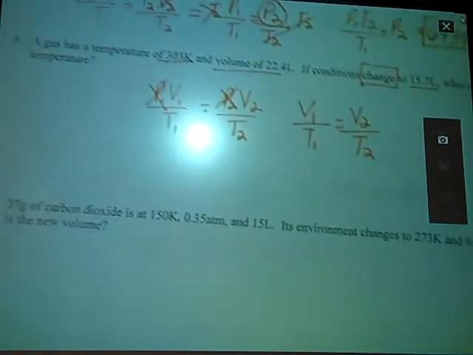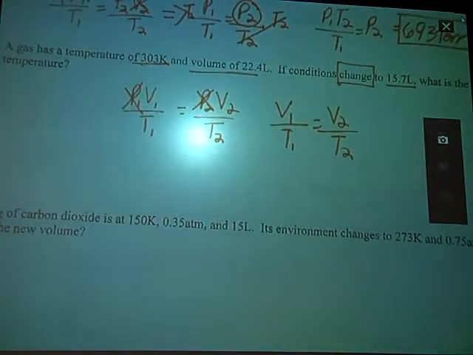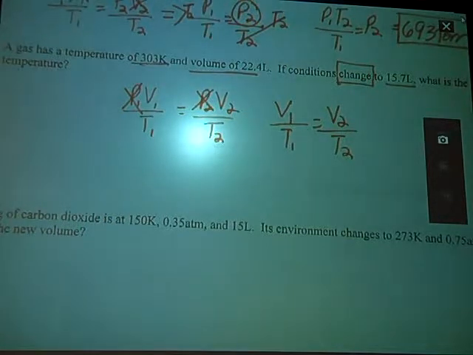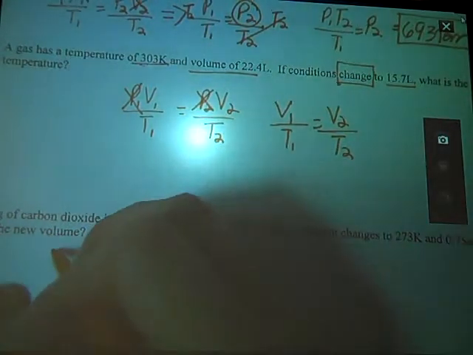So you can use this combined gas law to simplify into any of the equations that you need. But look at number 4. Now all of a sudden I have an amount in there. That's kind of strange. 37 grams of carbon dioxide, so